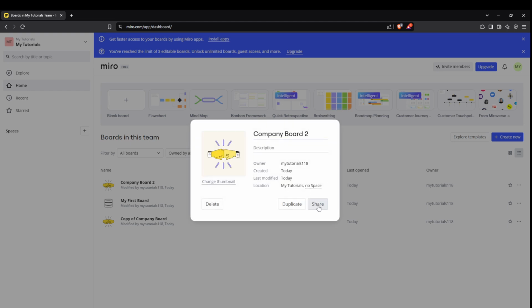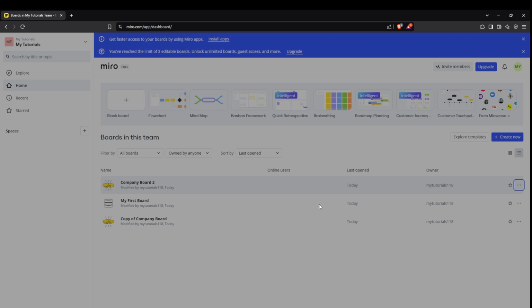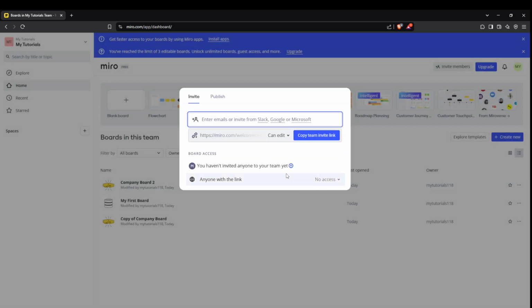Now look for the Share option. This is a vital step because it allows you to set how others can interact with your board. Clicking on Share will open a sharing window. Here, you can establish the permissions you want to assign to others who will view your board. You might want to adjust these permissions based on whether you want people to just view or also edit the